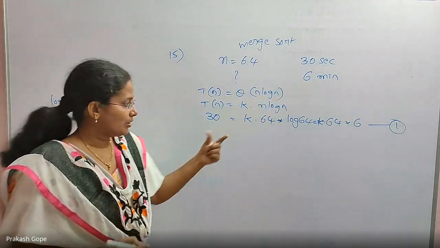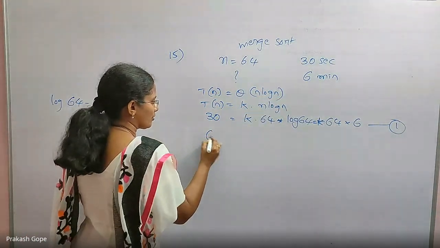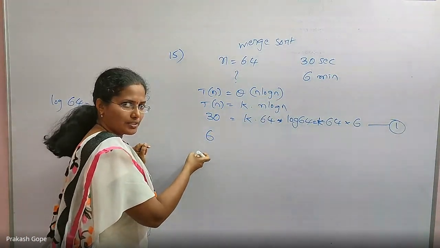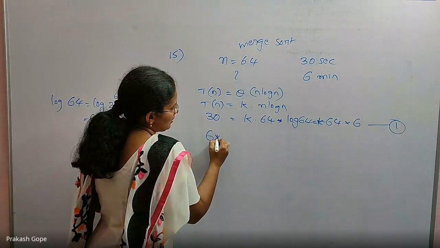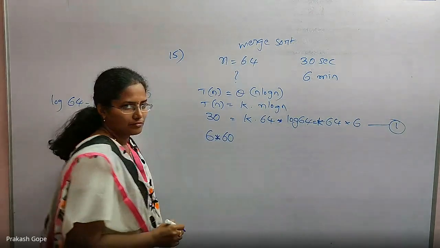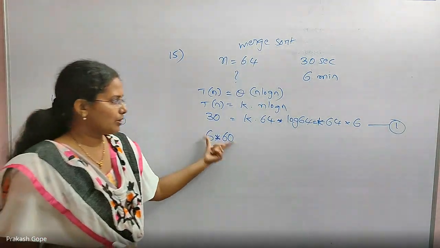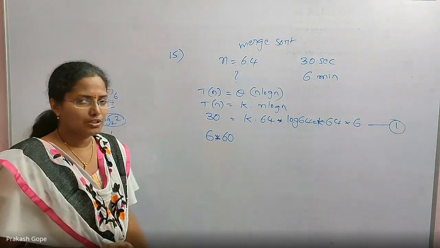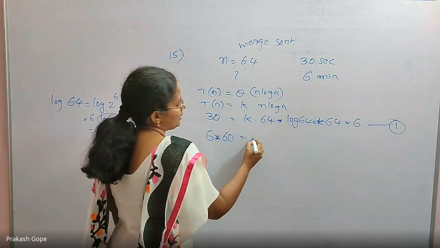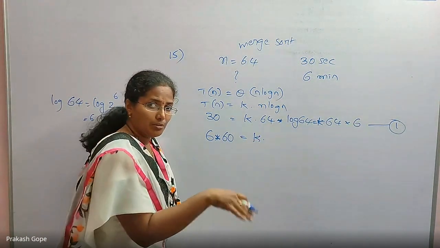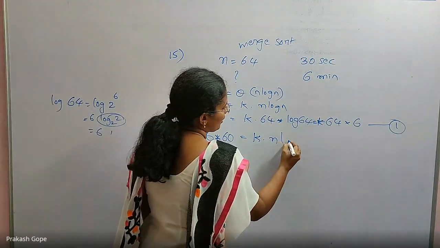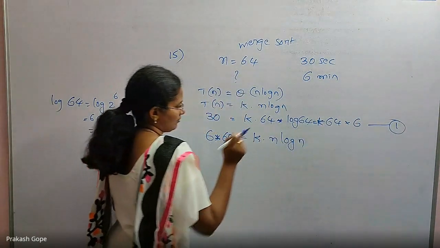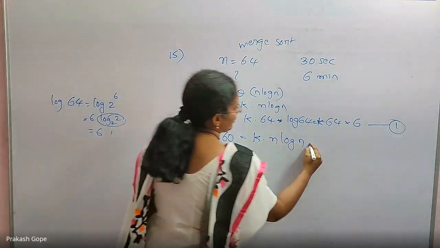6 minutes time. So the time given is 6 minutes. It doesn't mean you will write 6. Here I have written seconds, so here also you need to write seconds. 6 into 60, total seconds. Because this is in seconds, I will keep this also in seconds. k is some constant. Because it is the same computer, everything is the same, the constant remains the same. Which n log n? We need to find this n. If this is the time, what is the n?